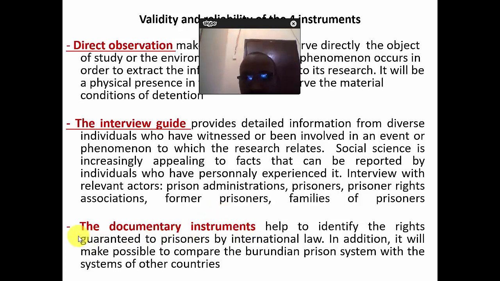Okay, now the third instrument is documentary instruments to help identify the rights of prisoners and guarantee their